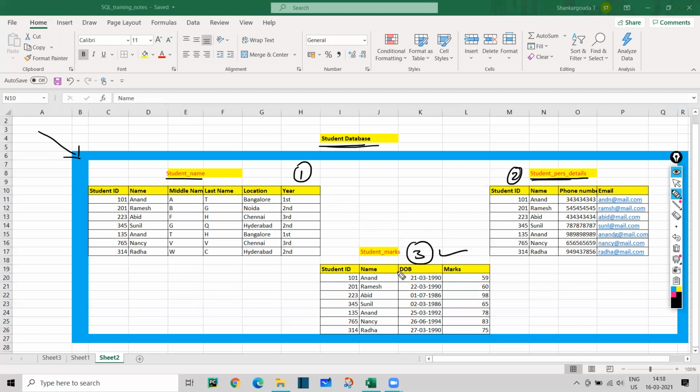Now, how do I connect it? How do I connect it? So first of all, let's understand, this is basically, my bad, give me a second. This is a database,